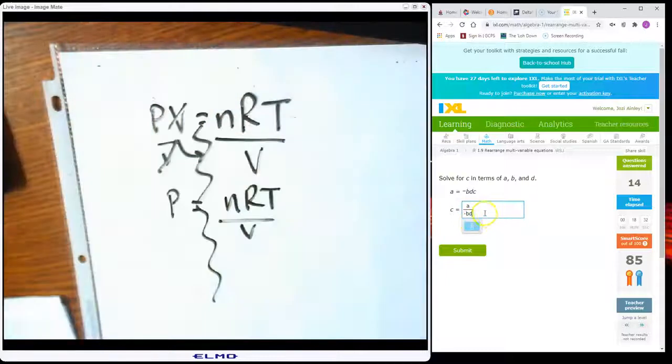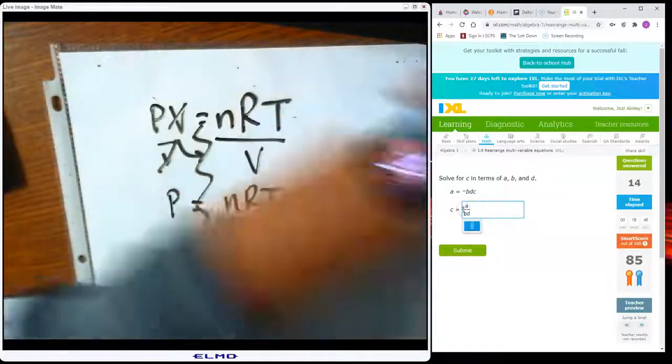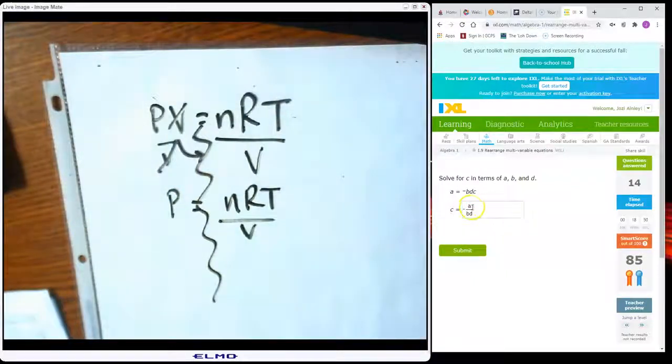Now, I know you guys have been doing math for a long time. I don't think you've ever seen a negative on the bottom, right? Where do they always put that negative? On the side. But I'm curious as to whether IXL is going to accept this. So just in case you put your negative on the side, like that. That's how you write in an answer. But I'm curious to see if